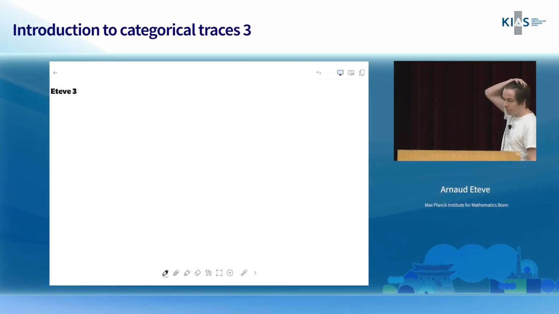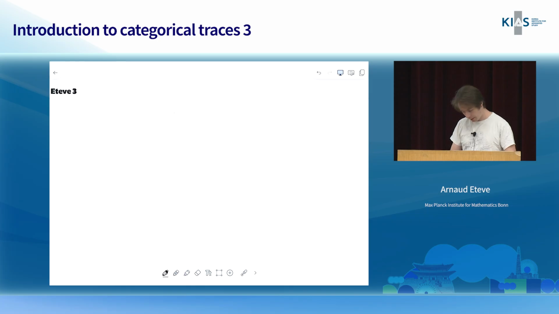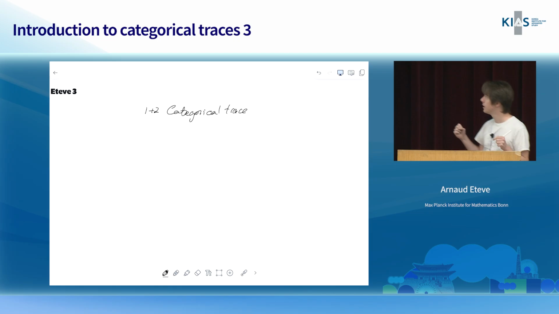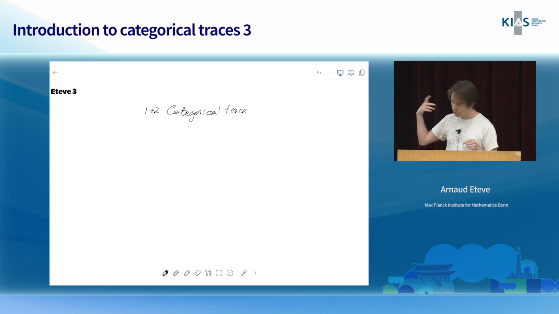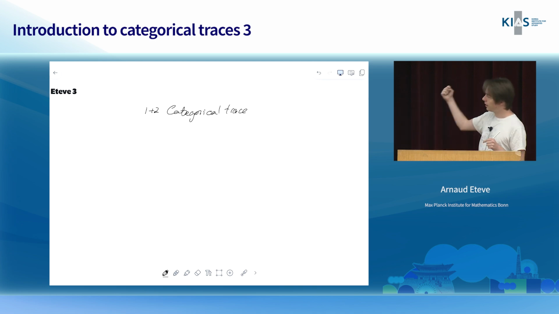So yeah, today should be the categorical trace. I think in the abstract I proposed 1 plus 2, which is not quite the same as 3 when you're talking about higher categories. But before going to that, I want to spend a bit more time on the trace